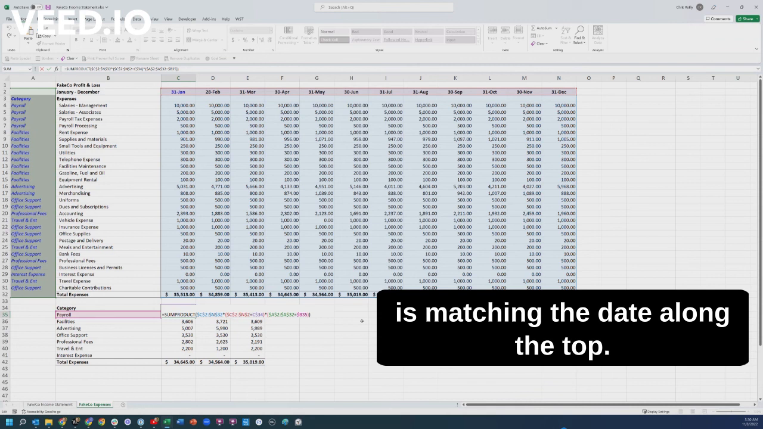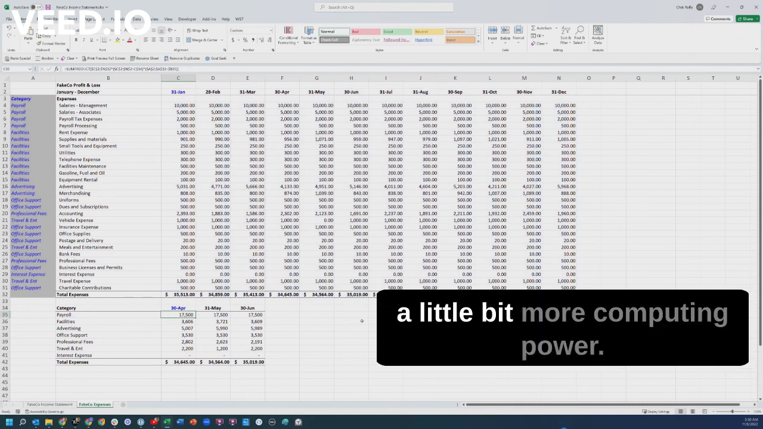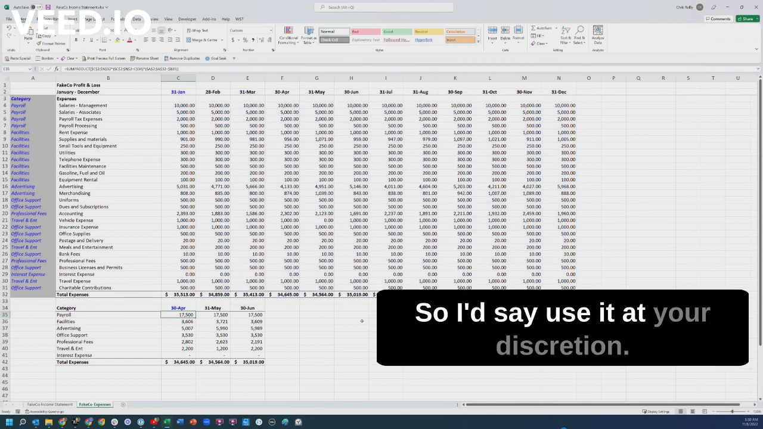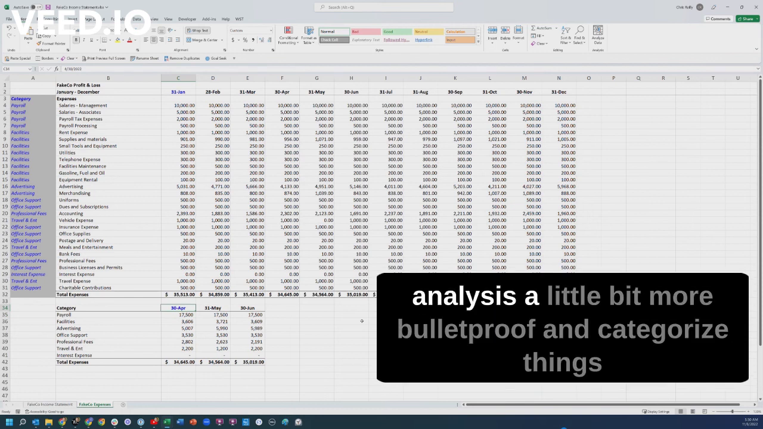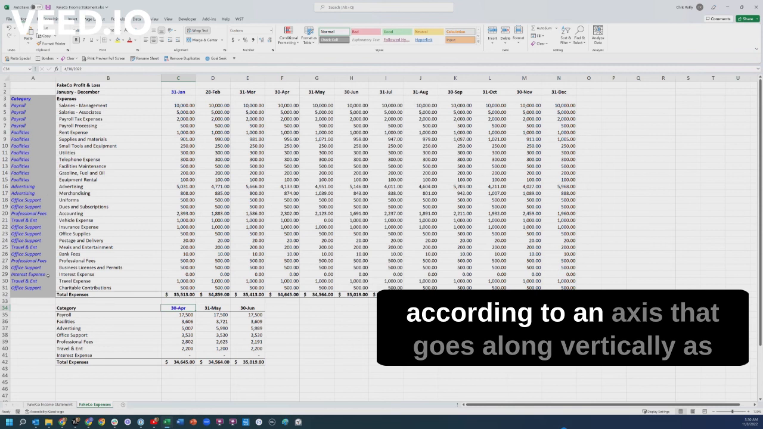along the top. So I do think it uses a little bit more computing power, so I'd say use it at your discretion, but it is a great way to make your analysis a little bit more bulletproof and categorize things according to an axis that goes along vertically as well as one that